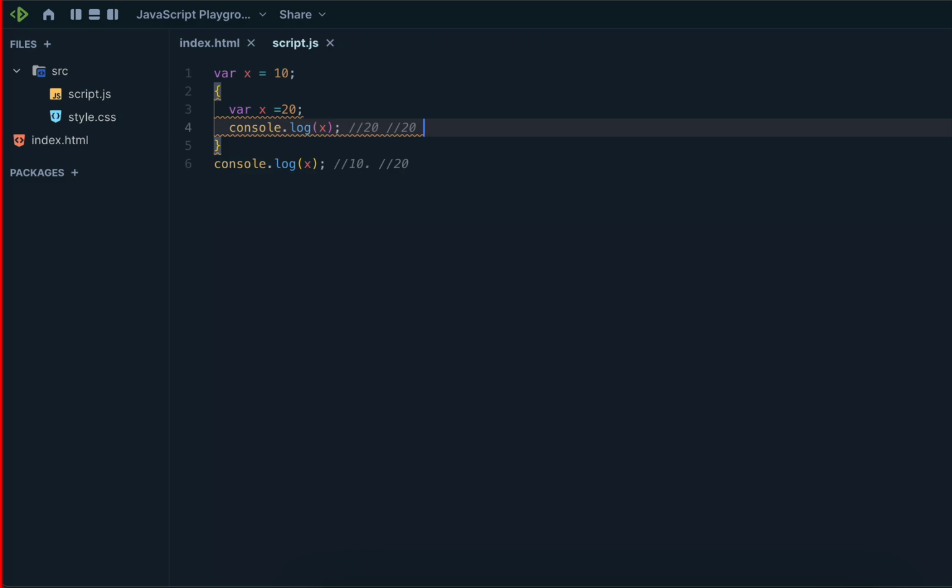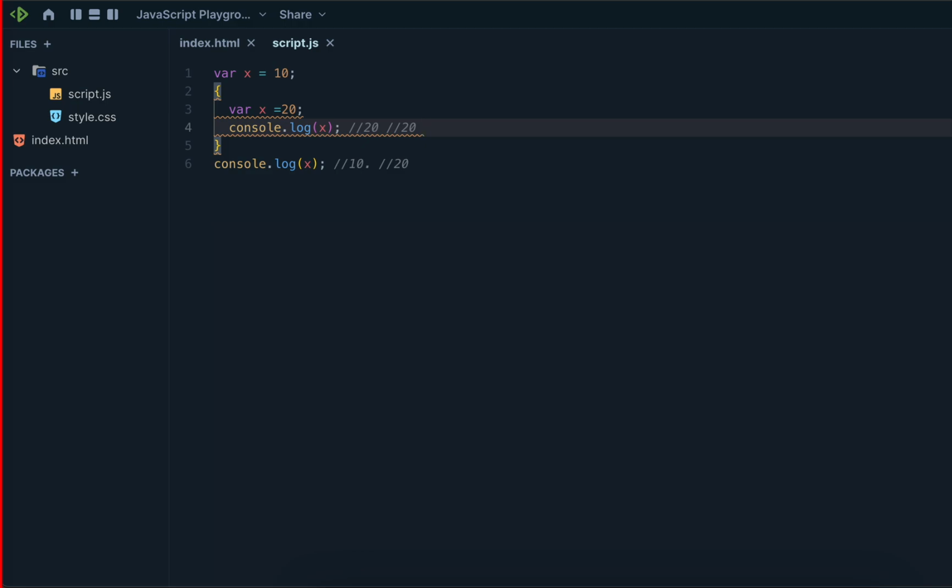As a result, the value of x is accessible outside the block, sir, and it will return 20. What about Kaustub, Yuvraj?